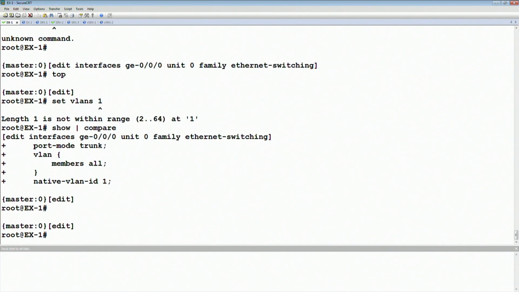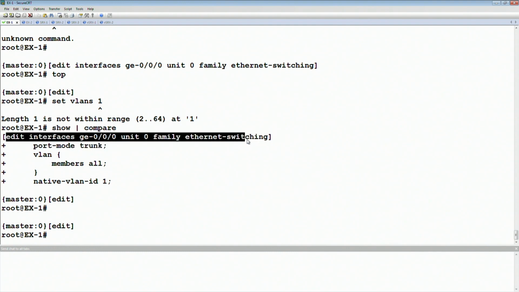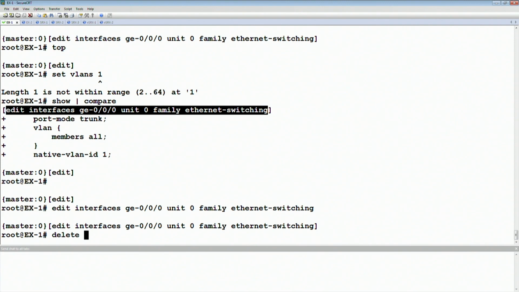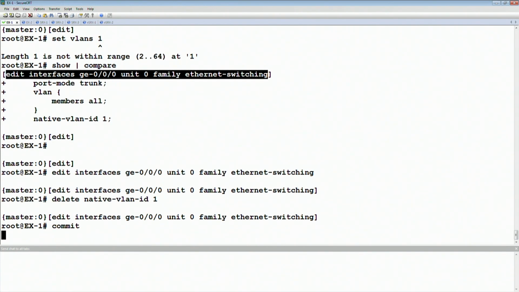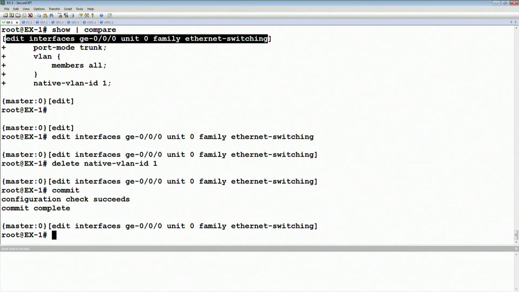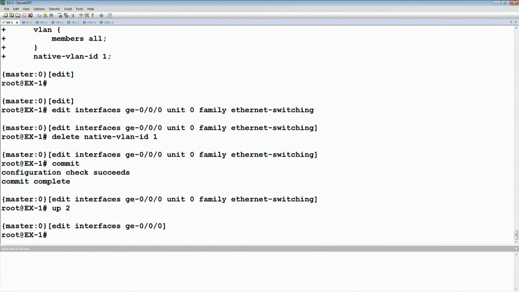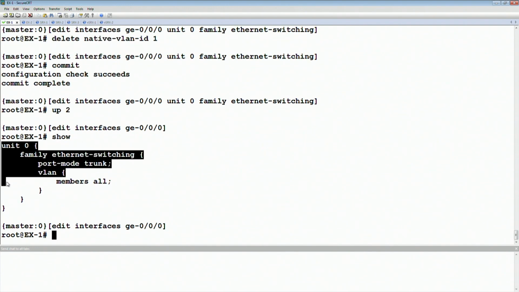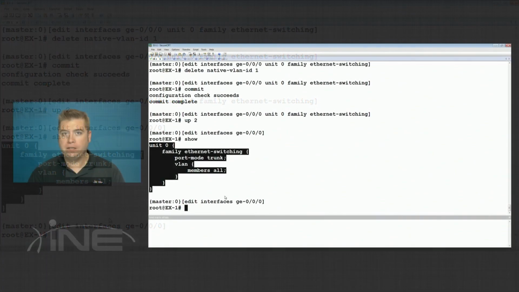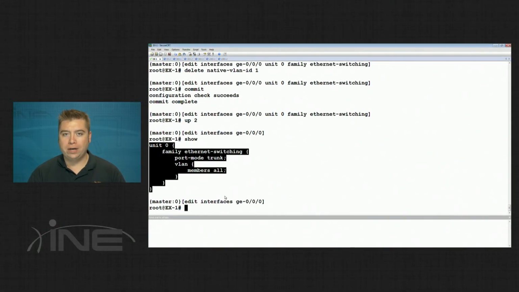Actually, let me get rid of that part for now. Let's say edit the interface, then delete native VLAN ID 1, commit. Then we're under the interface, let's go back up a couple levels, up 2, and show. So now we have a basic templated config, which is essentially saying that this is a trunk link that is allowing all VLANs. So if I want to take the same config and paste it to other interfaces, I could just copy the syntax and paste it in,